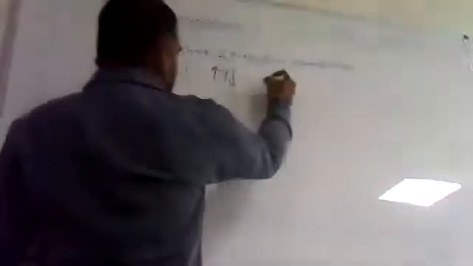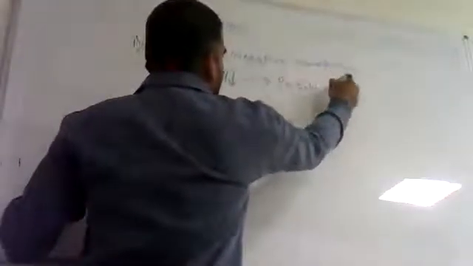Another, if value of x is decreasing, value of y is also decreasing. Both are showing decreasing trend. That means both the variables are moving in same direction. These two are the cases of positive correlation. When x increases, y also increases, or x decreases, y also decreases. Means positive correlation is the correlation when both the variables are moving in same direction. It is the case of positive correlation.